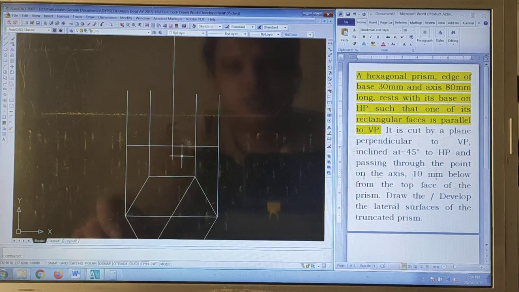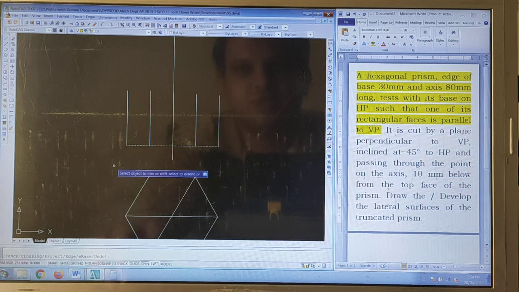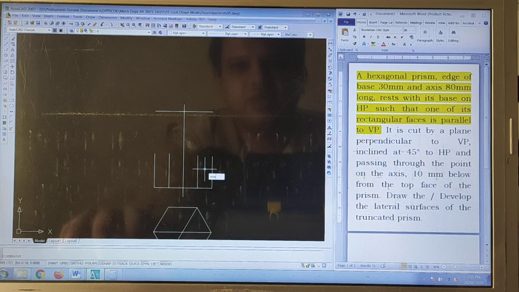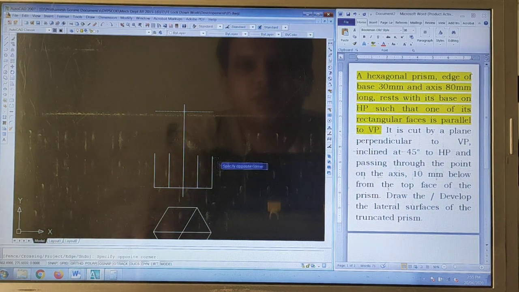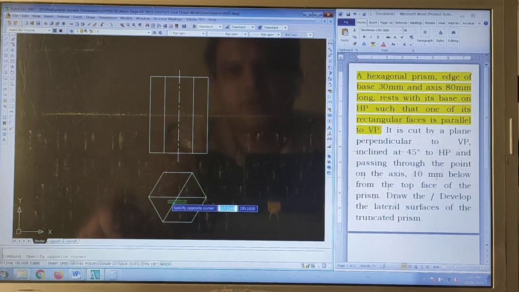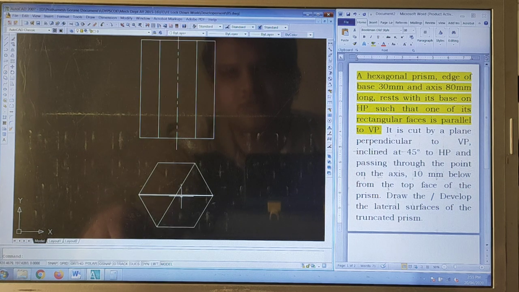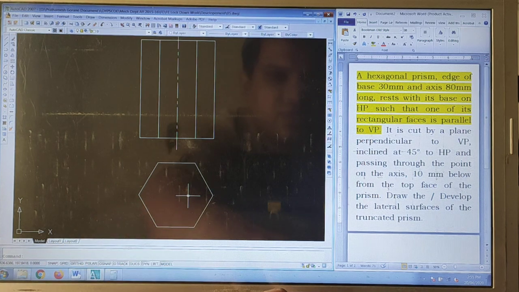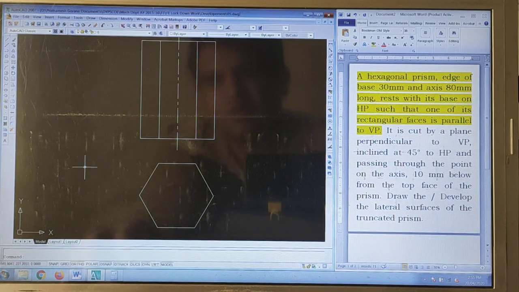Now let us trim all these unwanted lines and let us extend these lines up to this. So this is the center line, and this is the axis. For denoting the axis, you should not get confused, that is what my thinking is. Likewise only we will mark the naming.